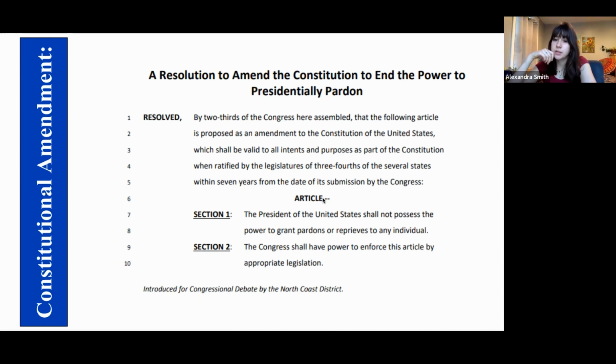This one specifically is taking away a right allotted within the Constitution. So it's not citing a specific place in the Constitution that's going to be altered, because it exists and is stated in a lot of them. It's saying we're going to take away this power that was granted by the Constitution. And because it's formatted as a constitutional amendment with section 1 explicitly stating the change, it does the same function. So sometimes you'll see a constitutional amendment stating this part of the Constitution will be rewritten to state this, or this amendment will be revoked, or